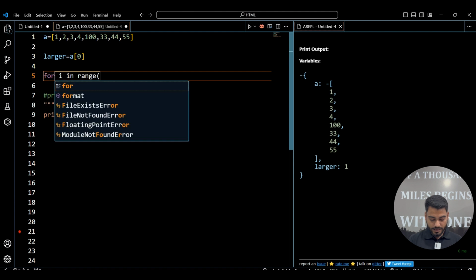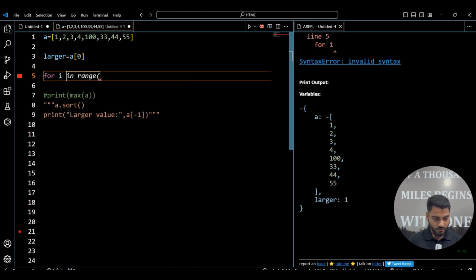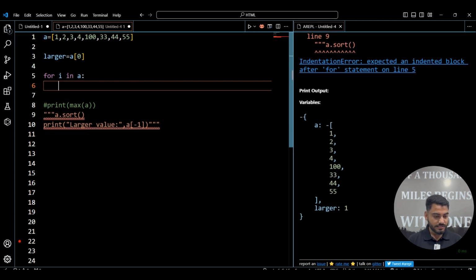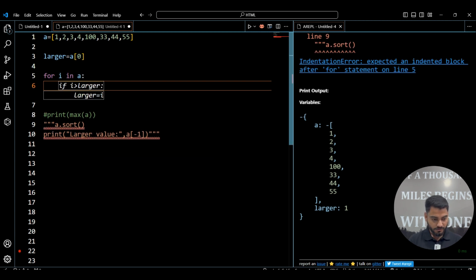Now I have to go for I in A. I'm going to iterate over this list, so it is going to check each and every value.